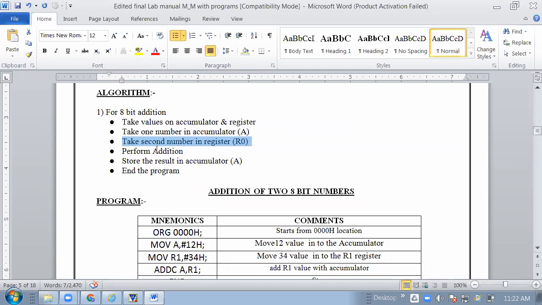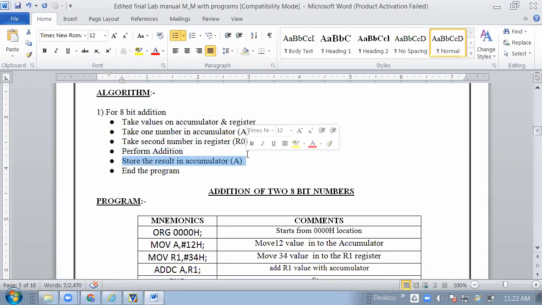Then the next step in the algorithm is to perform the addition. After the addition, the result must be stored into the accumulator. This is also a limitation of the 8051, because after the addition, the result must be stored into the accumulator.